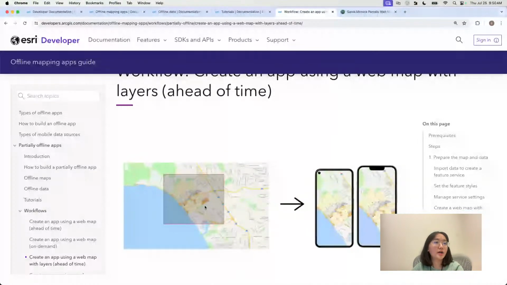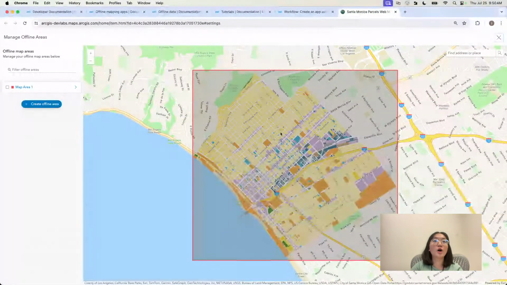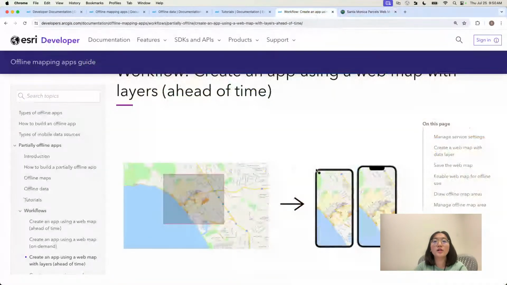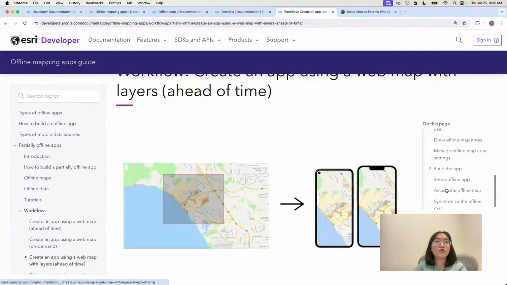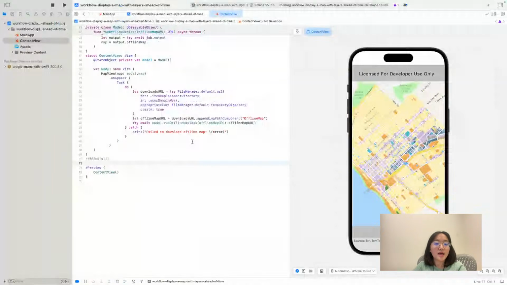For this example, we are using a parcels feature layer for the city of Santa Monica. And then you put it in a web map, and then you need to enable it for offline use, and then you set an area of the offline map that you want to take offline in your portal, and then you will follow the steps for ArcGIS Maps SDK for Swift in your Xcode, and then